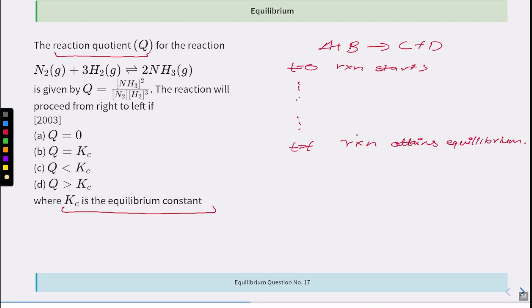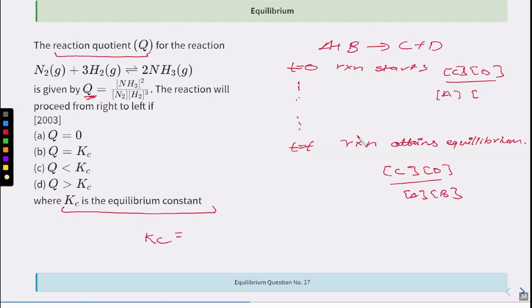So the reaction is attaining equilibrium at T equal to T. Now, what happens is when we try to calculate this constant, the reaction quotient, or what we say when we calculate the equilibrium constant. Over here, the equilibrium constant will be CD by AB. And likewise, it will be over here also, CD